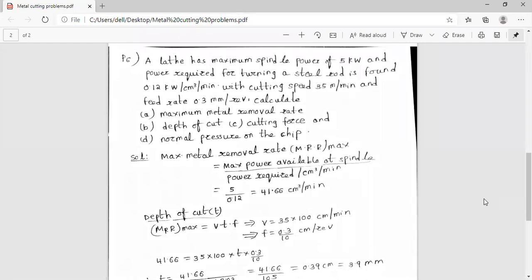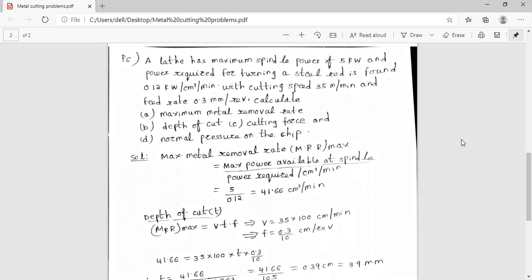Don't think the problems are easy, because you need in-depth, fundamental knowledge of the mechanics of orthogonal cutting or metal cutting, and you have to be prepared with the derivation of the merchant circle diagram, which is asked regularly, along with problems related to the merchant circle diagram. So don't be choosy. I'm telling you, if you are being choosy about any unit or chapter, you cannot get through the MCMT.